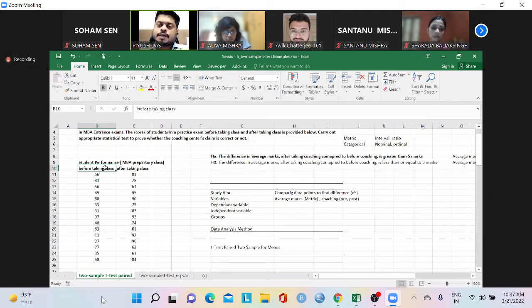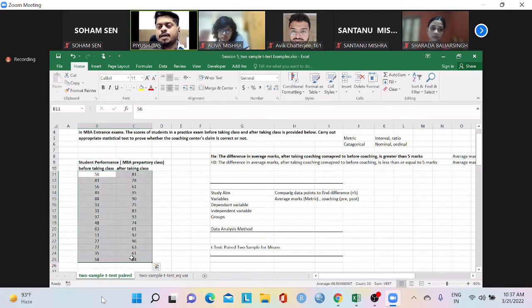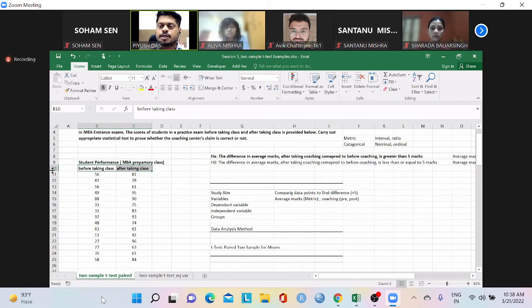After taking coaching, they have a certain performance, right? So this is intelligently hidden in your data point. If this was not given, before taking and after taking, this was just a list of marks. I was not aware of that. So these marks, if I just remove this, let's say I delete this page, I do not know which is before and which is after. I cannot do this kind of two sample test because I do not have the other variable,